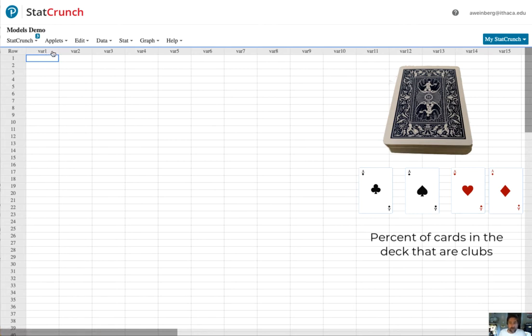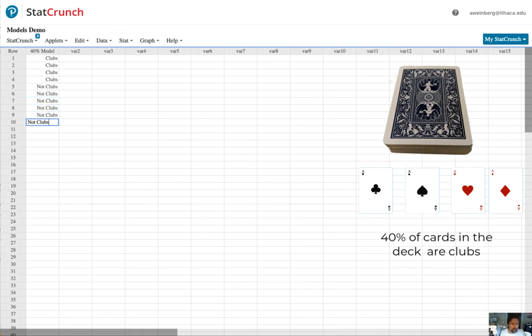So I'm going to set up a model for a deck of cards where 40% of the cards are clubs. So I'm going to call this my 40% model. And now there's a bunch of different ways you can set up a model. What's important is that 40% of the entries in the list correspond to clubs. So one way to do this is you could type 4 clubs, and 6 not clubs. So this is a list where 4 out of the 10, or 40%, of the entries